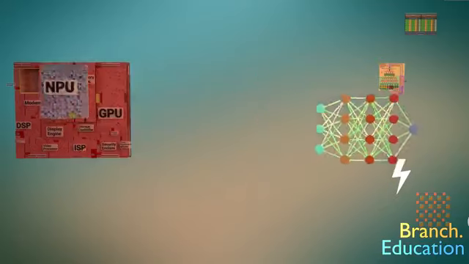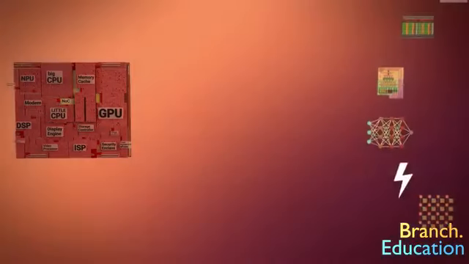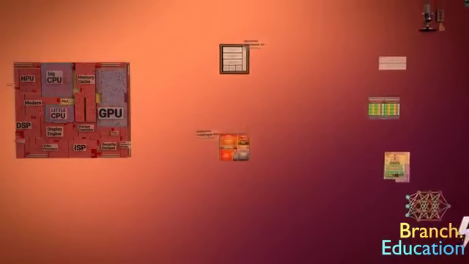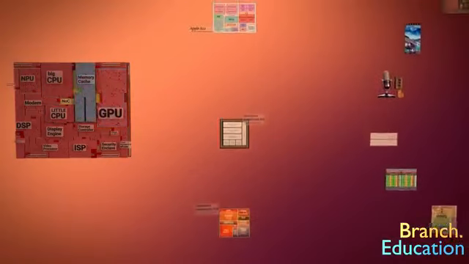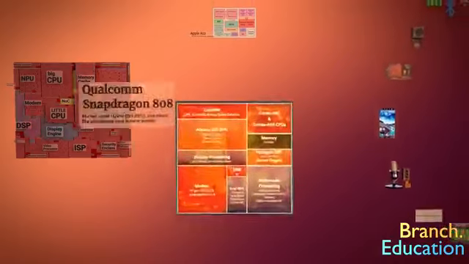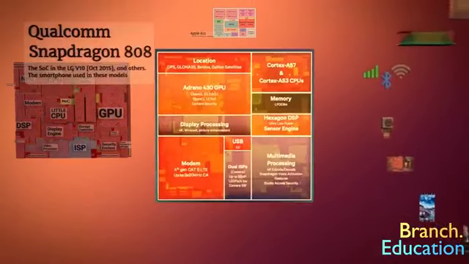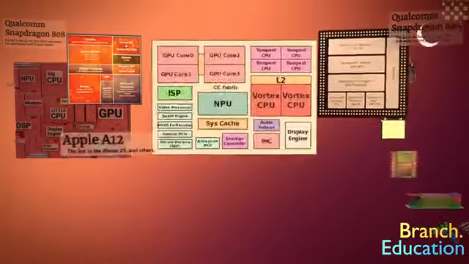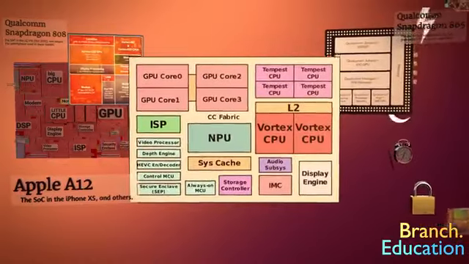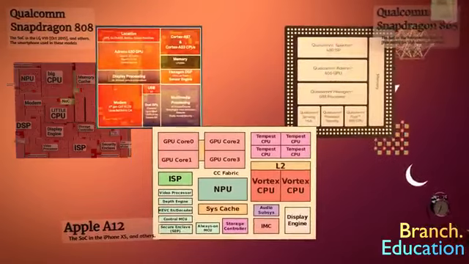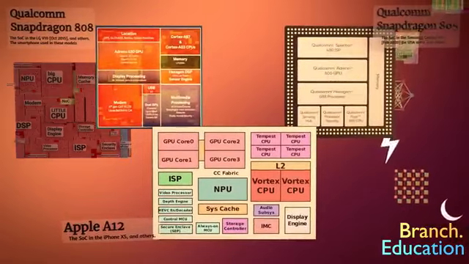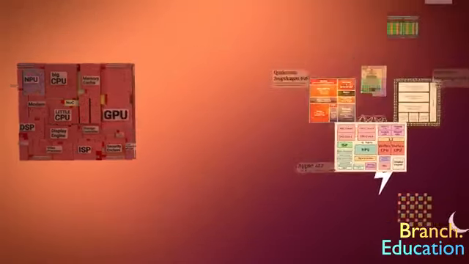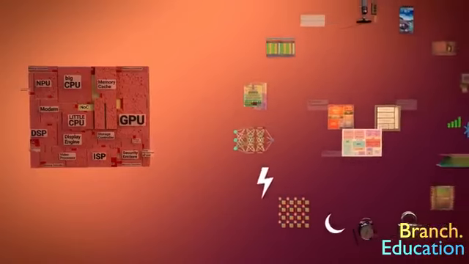importantly, power consumption. One confusing detail is that different generations of SoCs use different marketing names and mix multiple functions into different functional blocks. For example, here's the block diagram of the Snapdragon 808 versus the diagram for the Snapdragon 865. And here's the block diagram for Apple's A12 chip. Each company's marketing team may decide to provide differing block diagrams to try to impress the consumers, which at times can certainly be confusing. Let's move on and explore a real-life example of how data moves around your smartphone when